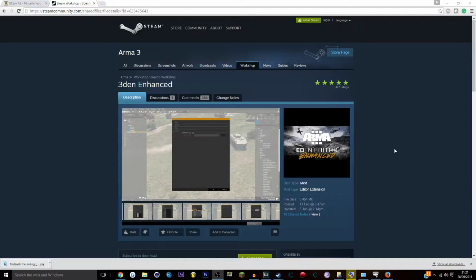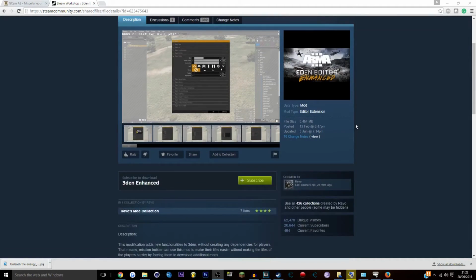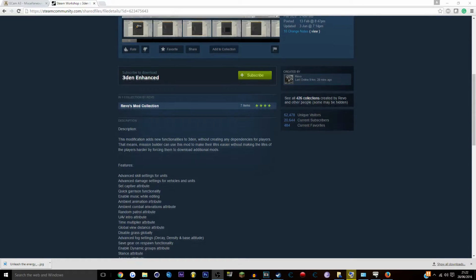The final thing that I would recommend you download is something called Eden Enhanced or 3D Enhanced. It basically does exactly what the title says. It enhances the editor and gives you so many more options. I would seriously recommend you get this. It's made my life so much easier. It will make your life easier. Some of the features it will include, let's check down here, are advanced skill settings, obviously. For Machinima, for example, you could get ambient animations,